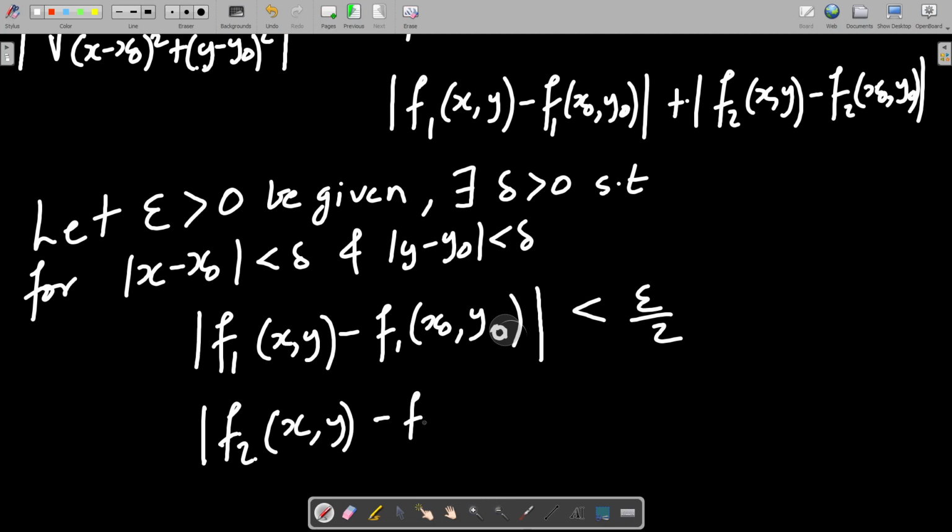Actually the same delta need not exist for both of them. If you solve this problem in details, you'll realize that given epsilon greater than 0, there will be existing a delta 1 here and there will be existing a delta 2 here. So our delta over here has to be the minimum of delta 1 and delta 2. Those details I won't get into because I assume you'll understand all these things by now. So these two quantities are less than epsilon by 2 and hence